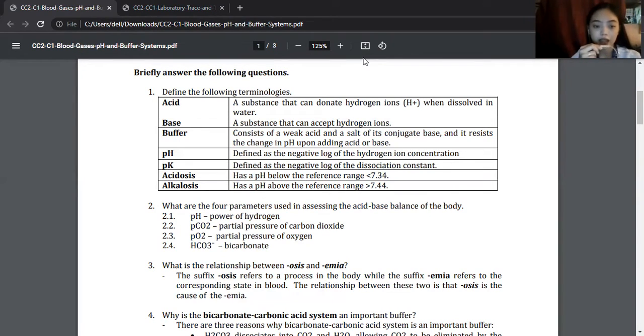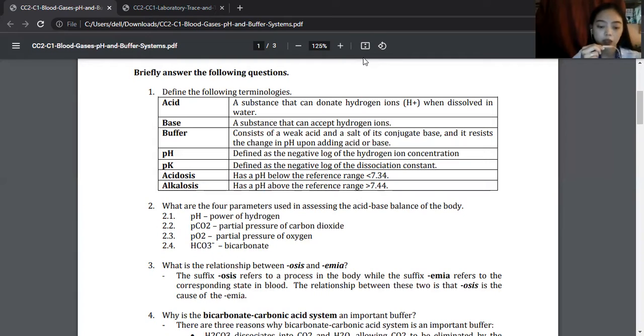pH is defined as the negative log of the hydrogen ion concentration, and a decrease of 1 pH unit represents a tenfold increase in hydrogen ion concentration. pK is defined as the negative log of the dissociation constant, and acidosis has a pH below the reference range,